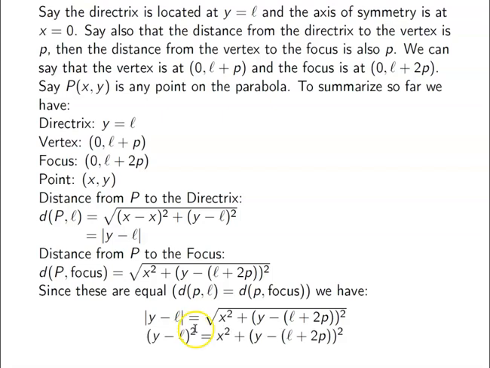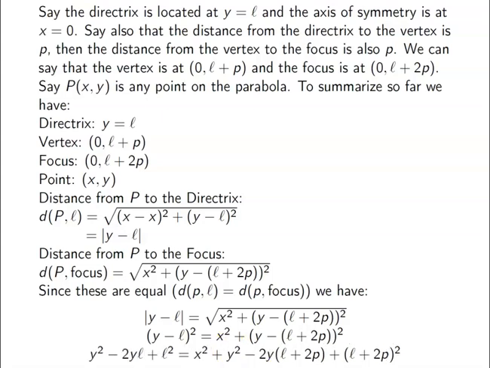Let's square both sides, okay? That gets rid of the square root sign, right? And then now I have y minus l squared. So I have this x squared and then y minus this value squared. So I really should probably just start to expand everything out and combine like terms, try to get things to